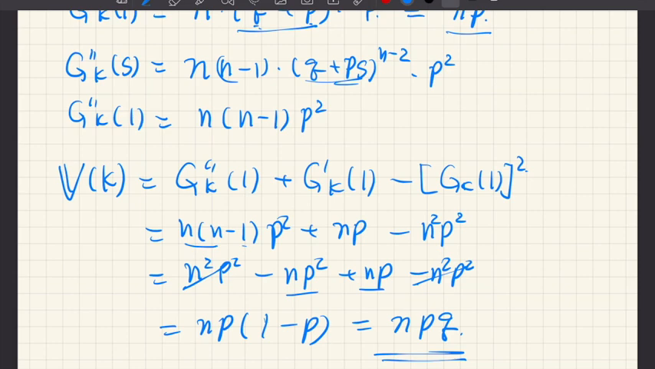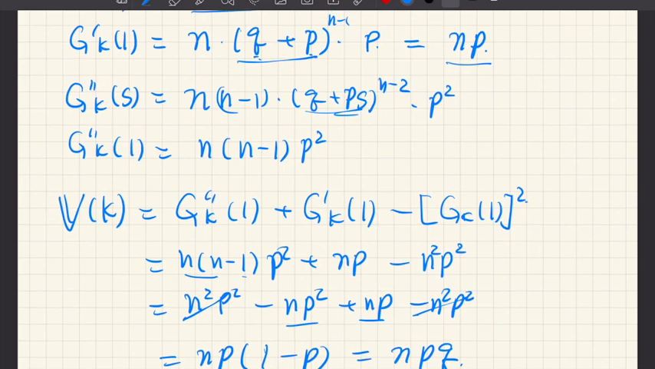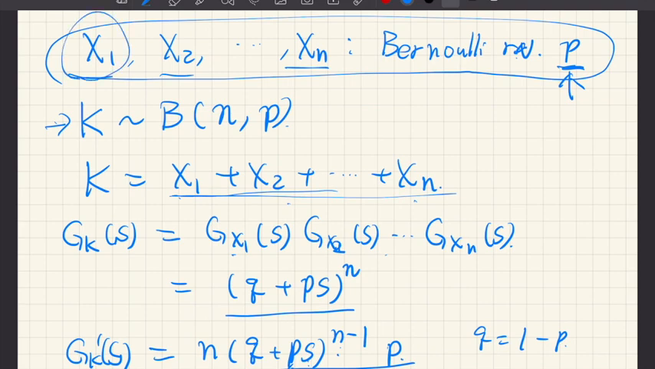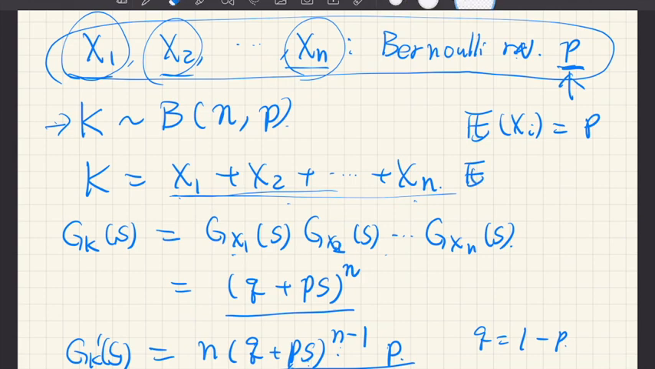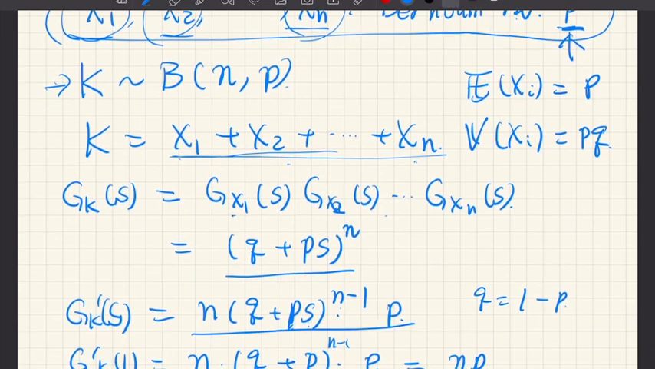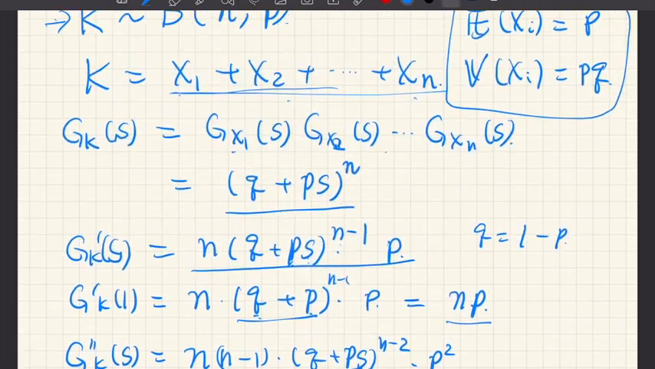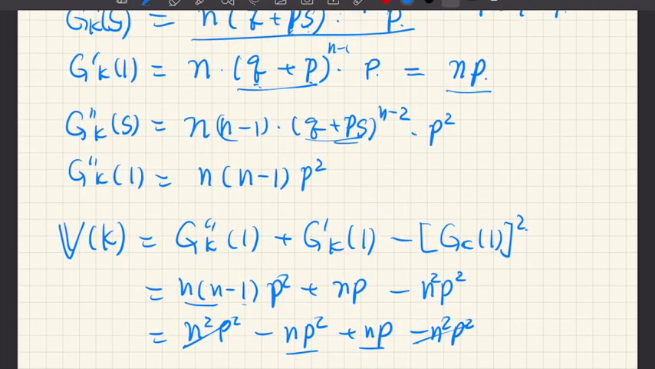Okay. But now, again, compare these results with the case of the Bernoulli variable. Each x here, x1, x2, up to xn, their expectation value, let's say xi, is p. And their variance of any of xi's is pq. Remember? This was the result obtained for the Bernoulli random variables. So if you compare these results with these results, let's see,